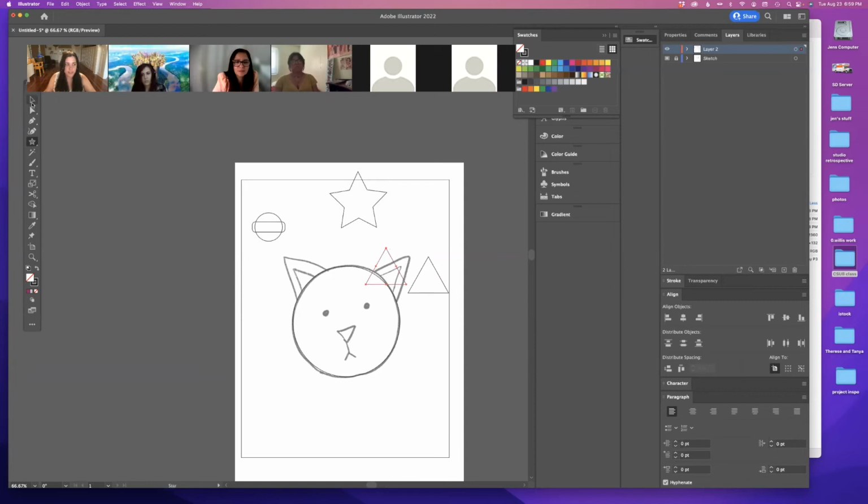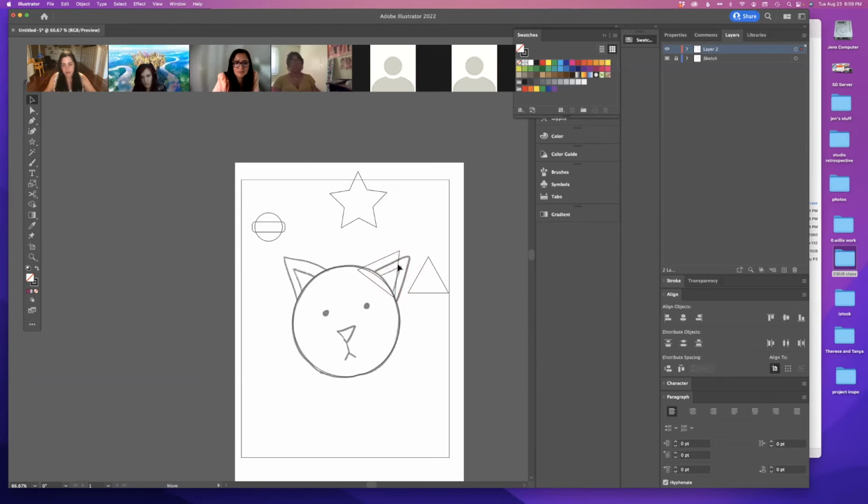And then with this, I have a bounding box on it. So you can use these tools like scale and rotate, or if you just have your selection arrow, you can use these edges and rotate and scale and just decide how you want that to look.